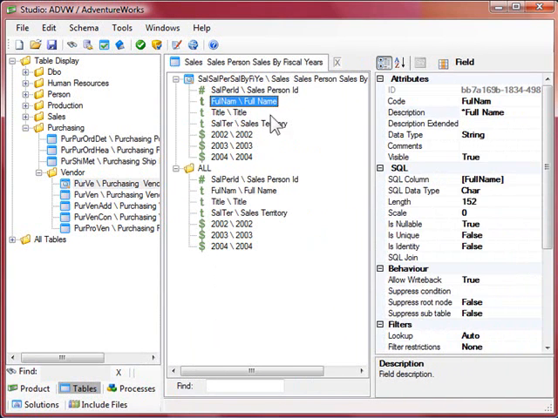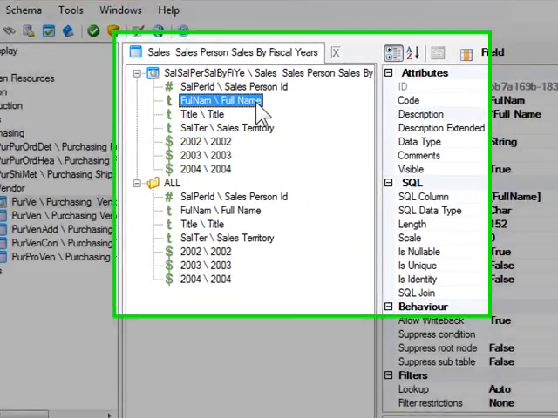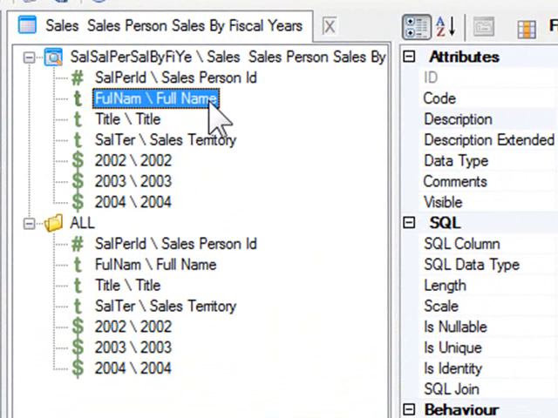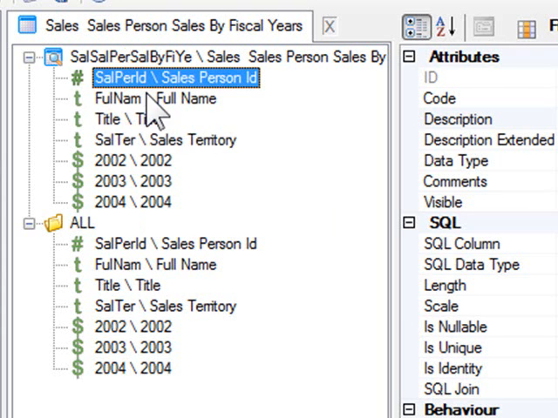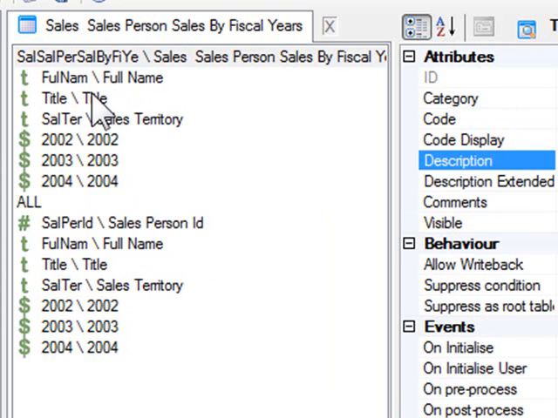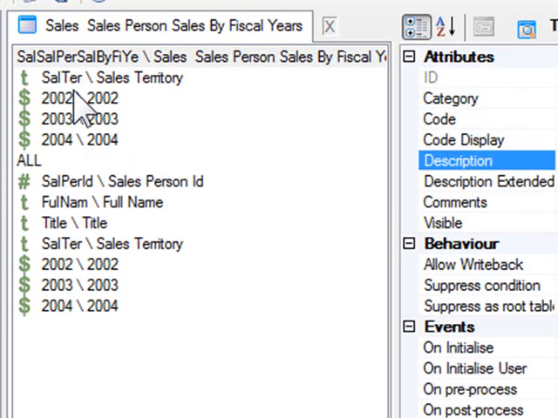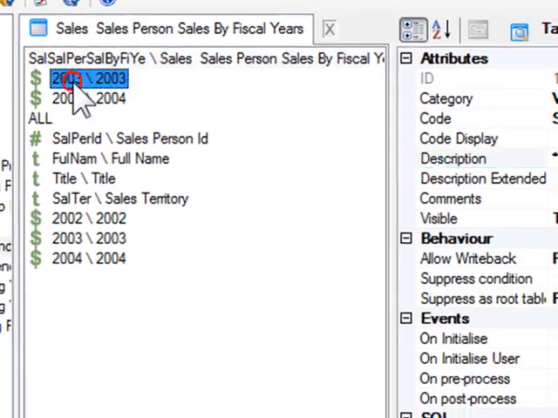I've just selected one of the sales persons tables, and you can see, just like tables, you've got a top section where you've got fields that will be displayed to the user, and then you've got a bottom section where you get a list of all the fields. Now what I'm going to do is just delete all the fields so we can start from absolutely nothing. So I'm just deleting the fields in the display section,